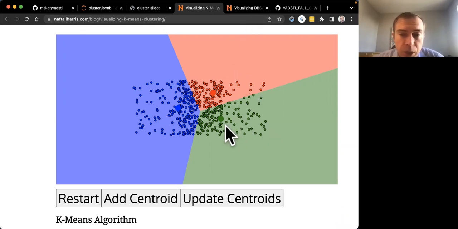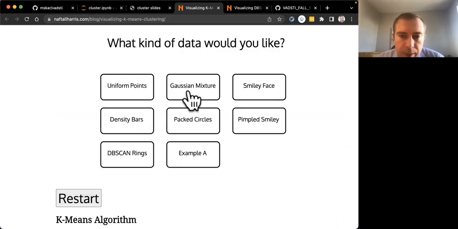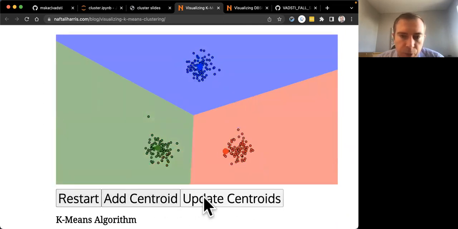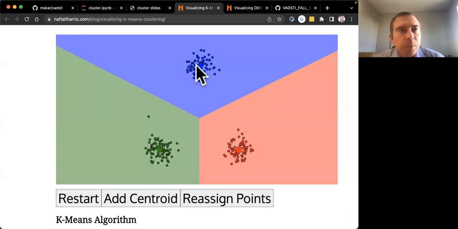So let's go back and look at this Gaussian mixture, and we'll add 3 centroids and we'll have it converge, okay? All right, so the cluster centers, those are called the centroids. Essentially, they are kind of the mean, right? They're the central value of this population, right? So if we were not looking in 2 dimensions as we are now, and we were looking in